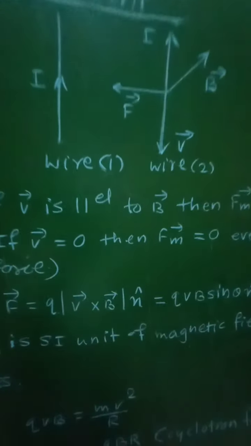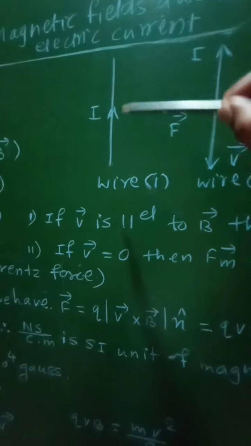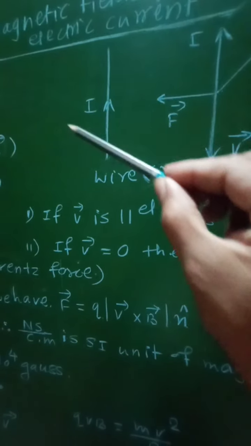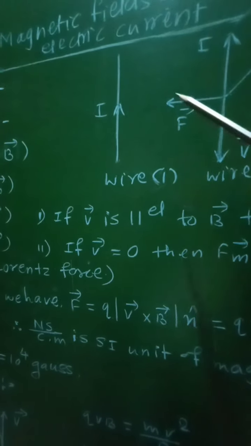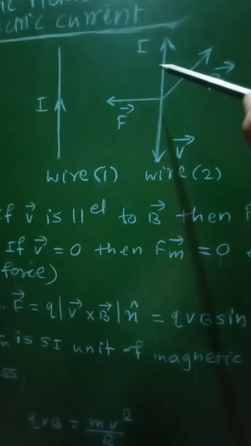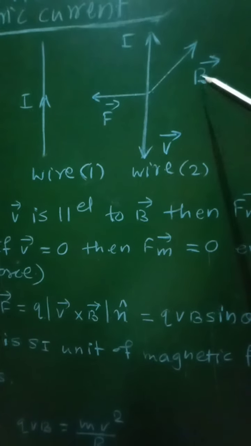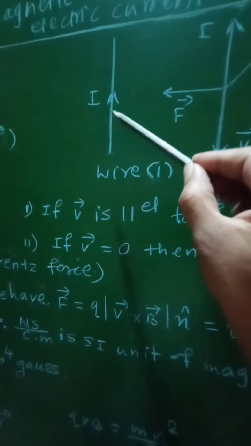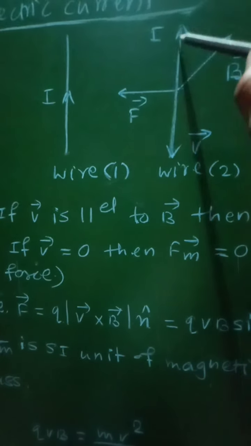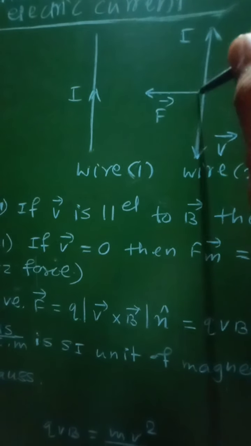Similarly, now let us consider two wires, wire 1 and wire 2. Wire 1 is carrying current in the upward direction. At that time, the magnetic field will be produced around this wire 1. Now in that magnetic field B, suppose the second wire, that is wire 2, is placed. So this magnetic field will be due to the current flowing through this first wire, and now which will be at any point along this wire 2, perpendicular to the plane of the board and directed inwards.